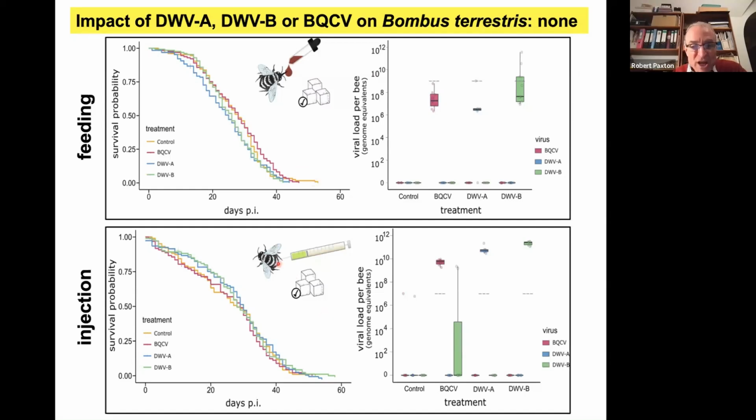When we inject the virus into them, which is not really a natural route of infection, it's likely to have greater impact. Again, no difference in survival. The correct virus is found, but no difference in survival. Very strange. So it looks like, though we know the virus is infective in honeybees and kills honeybees, these bumblebees seem to be quite tolerant to the virus,